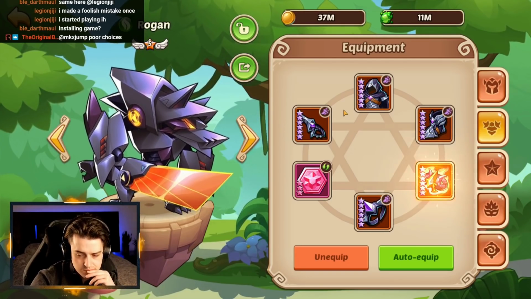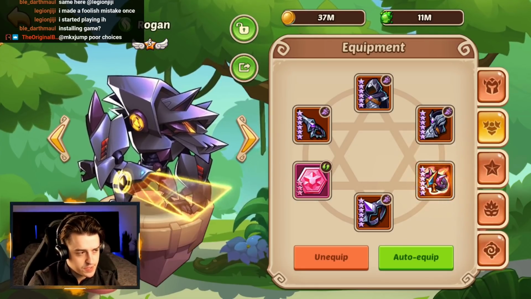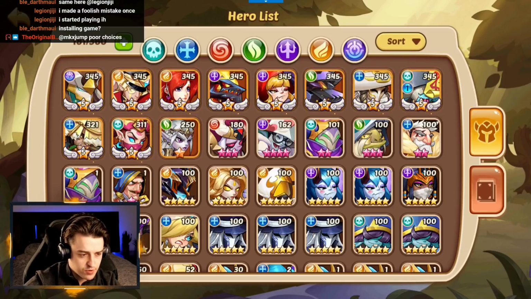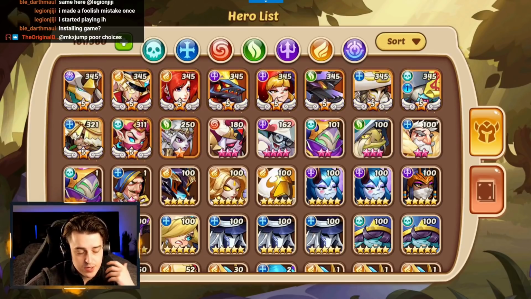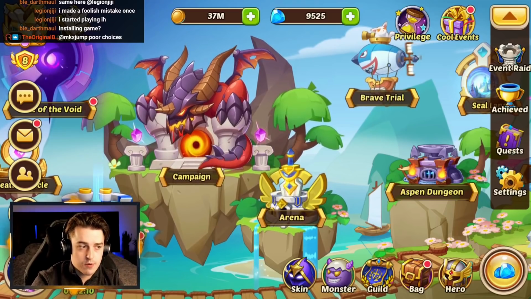Poor choices? Fair enough. What kind of choices? Did you regress a lot of heroes? Did you build a monster and then regret it and then reset it? Did you spend a lot of gold resetting stones that you shouldn't have been resetting? Where did the gold go? Because these are all different places your gold can go. So if you're a new player right now,